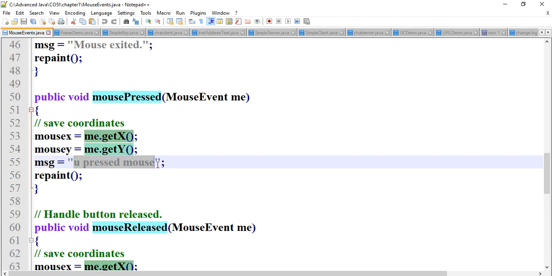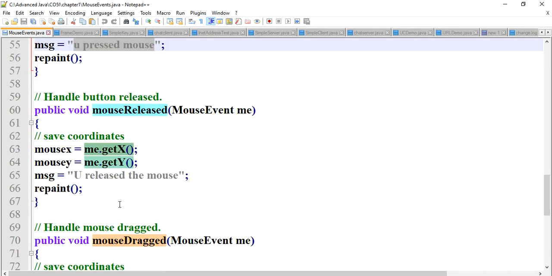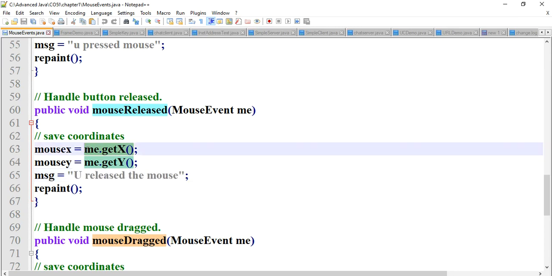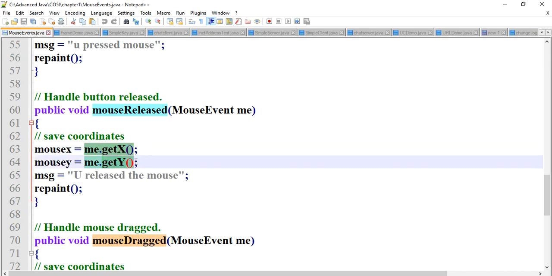After that, mouseReleased. When you release the mouse pointer after dragging, the message you release the mouse is displayed at the current position, which is given by the getX and getY methods.